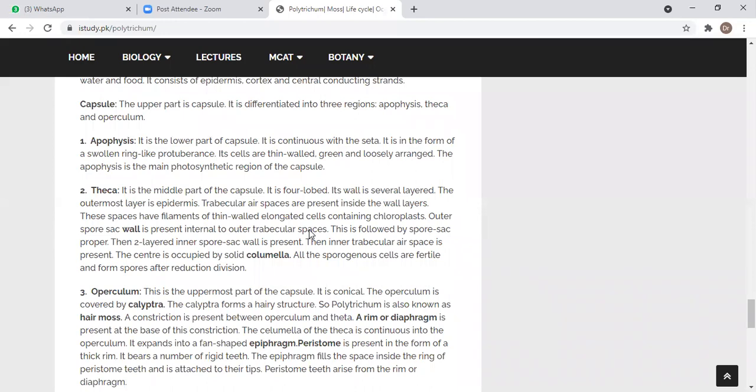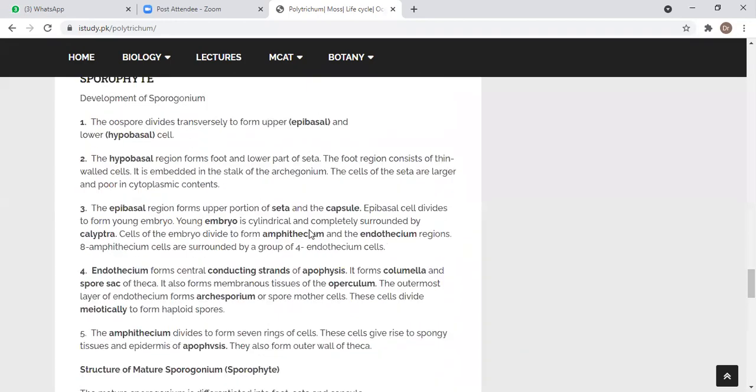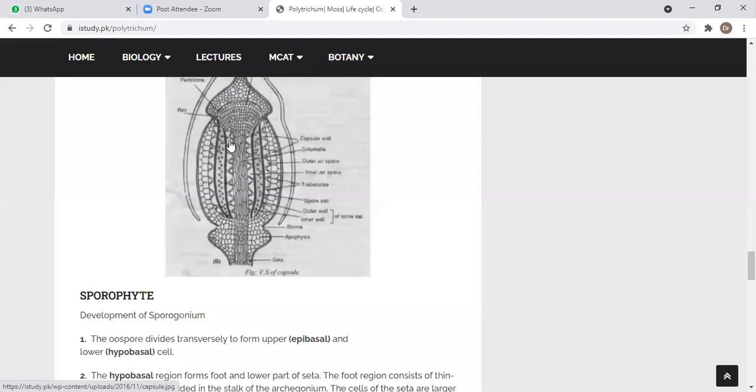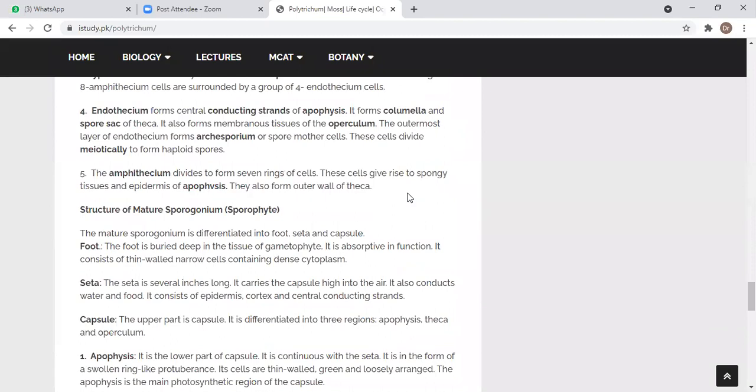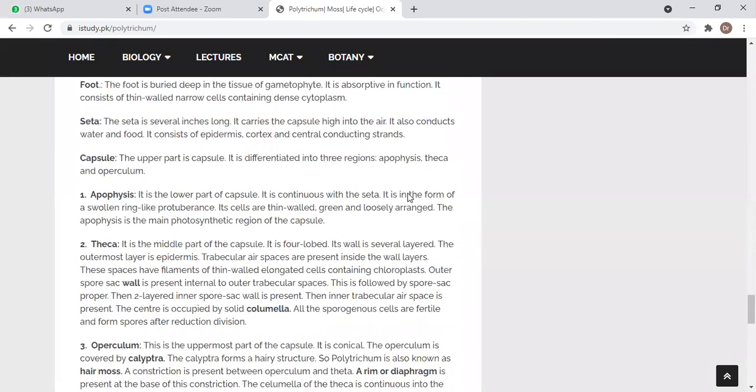So I'll just show you the picture over here. You can see these somewhat A-shaped structures connected to the central spore sac. These are called the trabeculae. They protect the archisporial tissue or the spore sac from getting damaged. If there are any shocks from the environmental conditions, they will be taken up by the trabeculae and the spore sacs are protected. That is a very important point here.